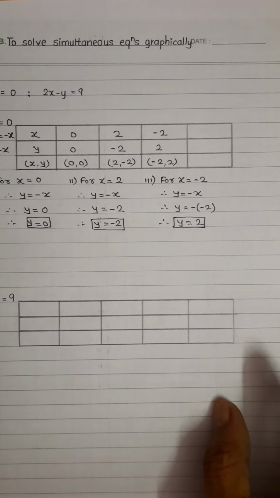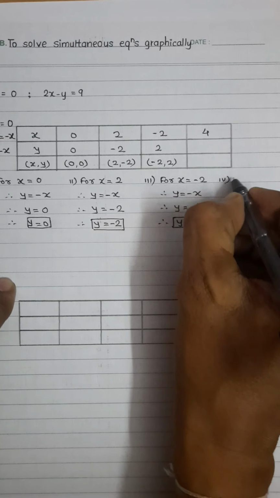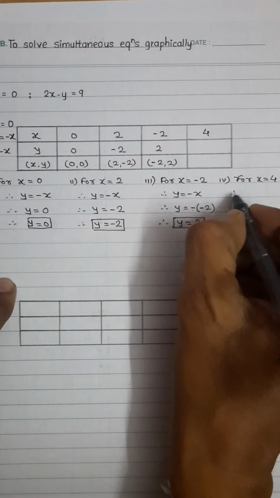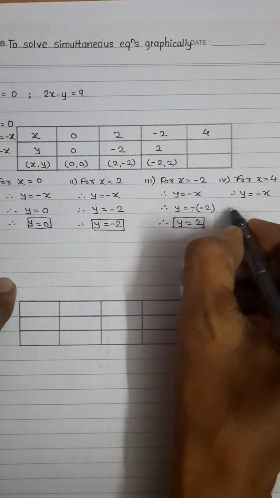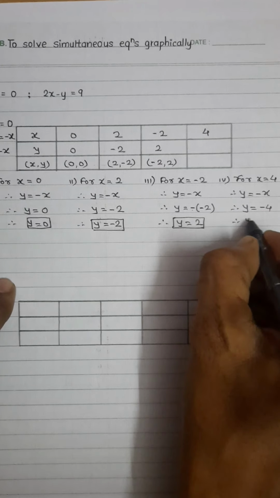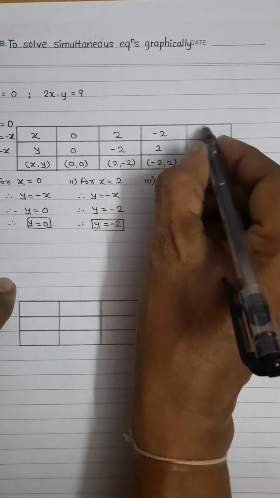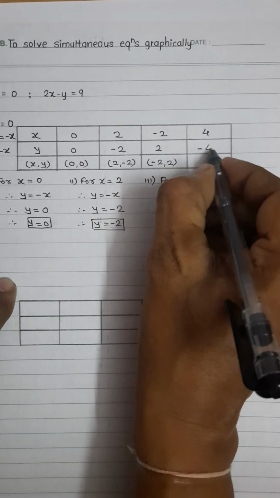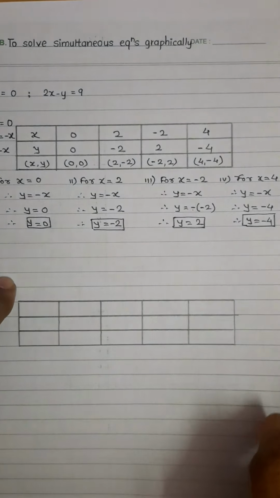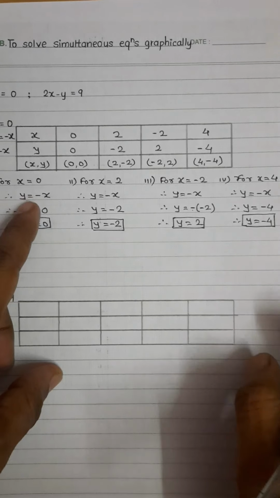Let's take the third point. Suppose we take here x is equal to 4. Therefore we have to write here, for x is equal to 4, write down the equation, y is equal to minus x. Therefore it is y is equal to minus 4. We get the value y is equal to minus 4 like this. We can write here, when x is equal to 4, y is equal to minus 4, and order pair is 4 and minus 4. Now we got here 4 order pair, and that order pair we have to plot on